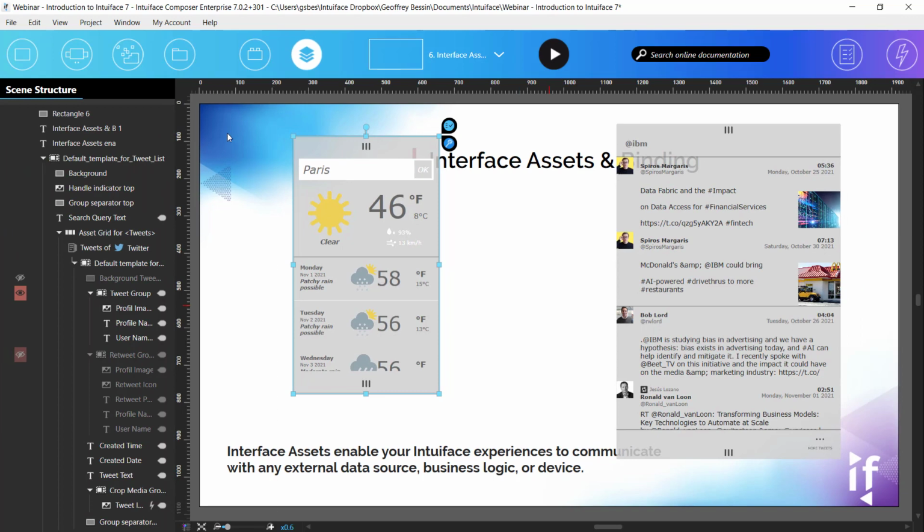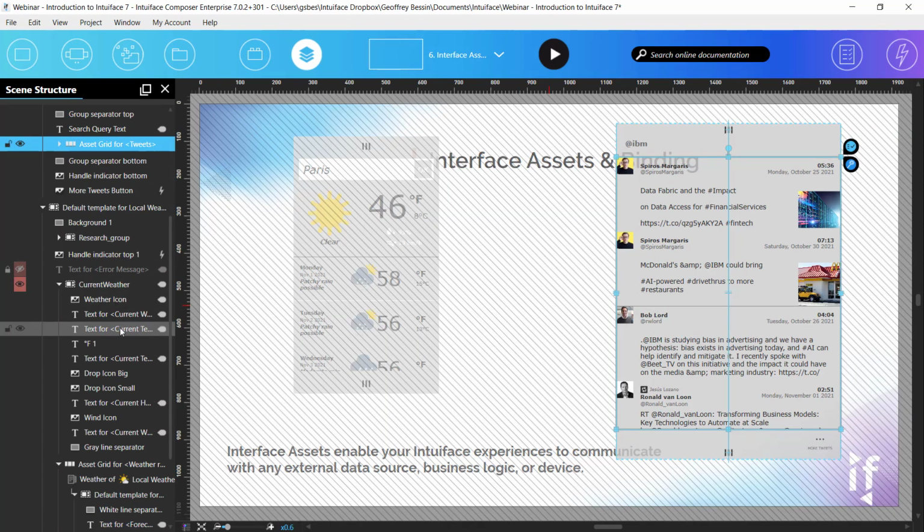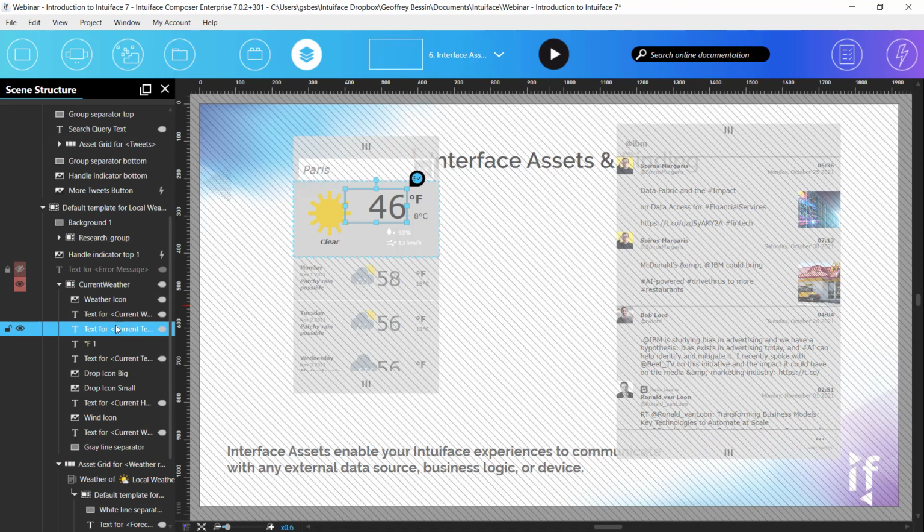Binding is the glue. Let me go to my scene structure panel on the left and show you that. On the left, this text asset right here contains 46. It's 46 degrees Fahrenheit. That 46 is coming from the World Weather Online API. It is not here. I didn't type it in. Well, let's see how that's